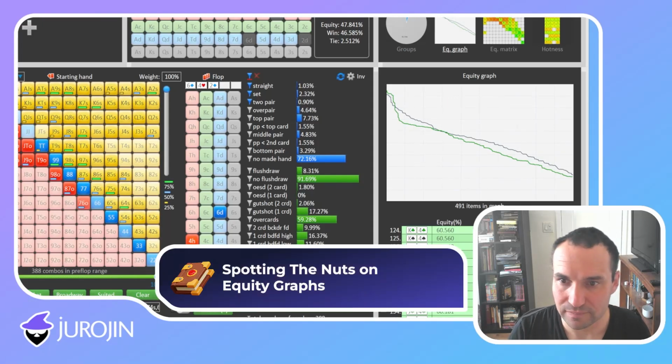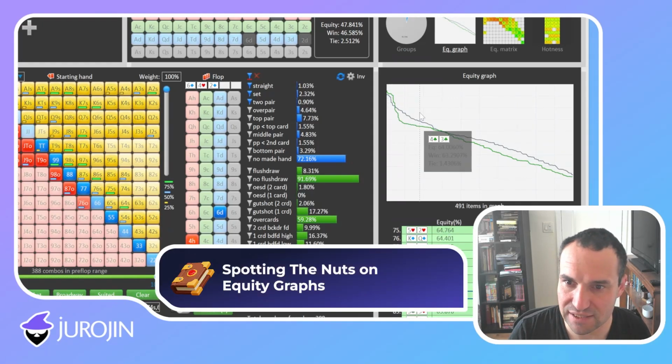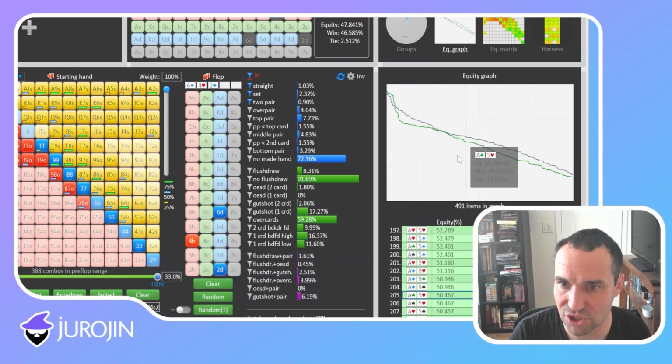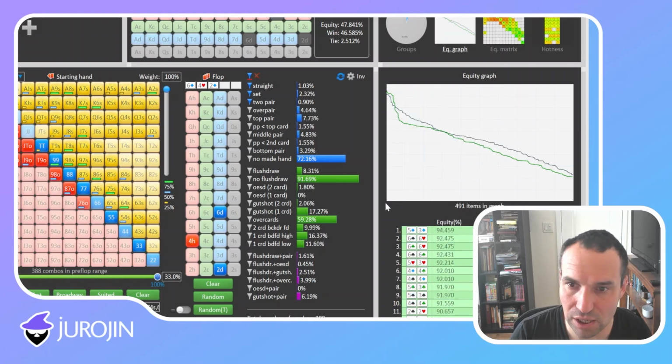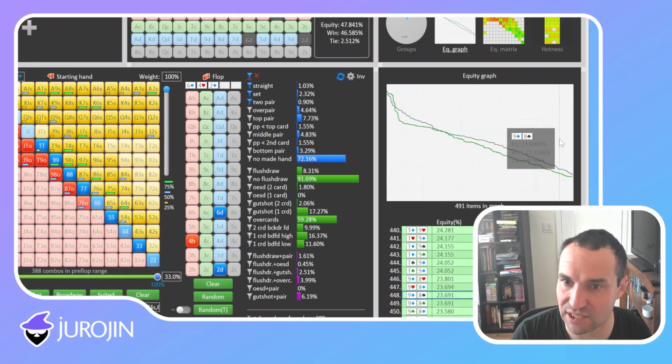Now, in equity graph, you see these 2 lines, right? We read it from left to right, or you can think of it as just like the positive coordinates on a Cartesian plane. If you go up vertically, that's going to measure equity. So up top, we would have 100% equity. Down at the bottom, we would have 0% equity. And going from left to right, as we read, it just lists the combos of hands that we have, right? So basically just organizes our best hands down to our worst hands based on how much equity they have,